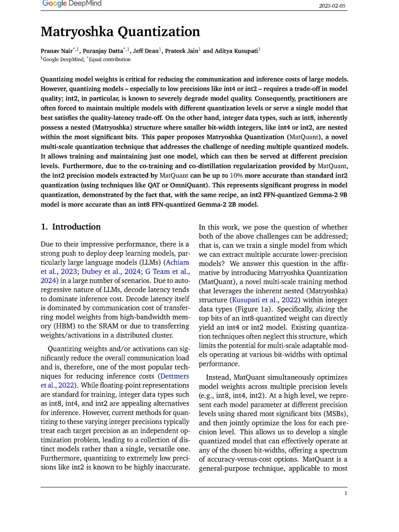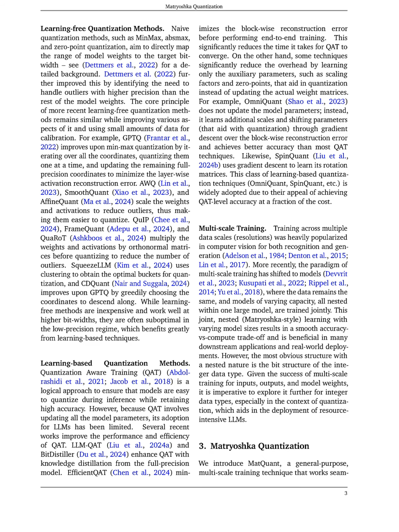For instance, to obtain an int4 model from an int8 model, the top 4 bits are retained while the rest are discarded, effectively creating a new model without additional training. MATQuant employs a joint optimization strategy where the model parameters are shared across different precisions, thus enhancing the performance of lower precision models, particularly int2, which benefits from the higher valued weights that are more prevalent in the quantized weight